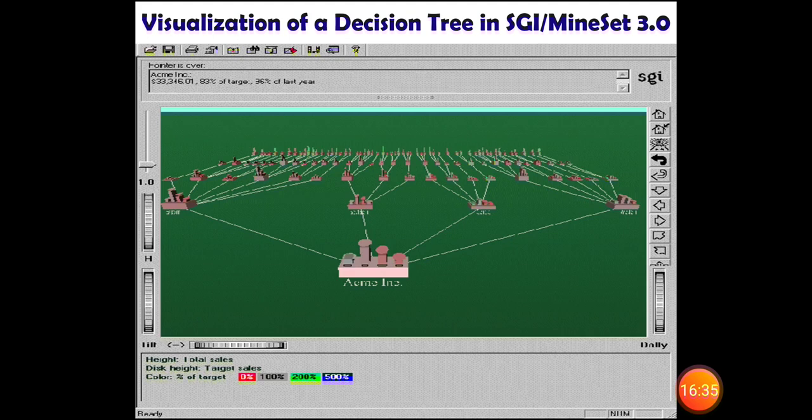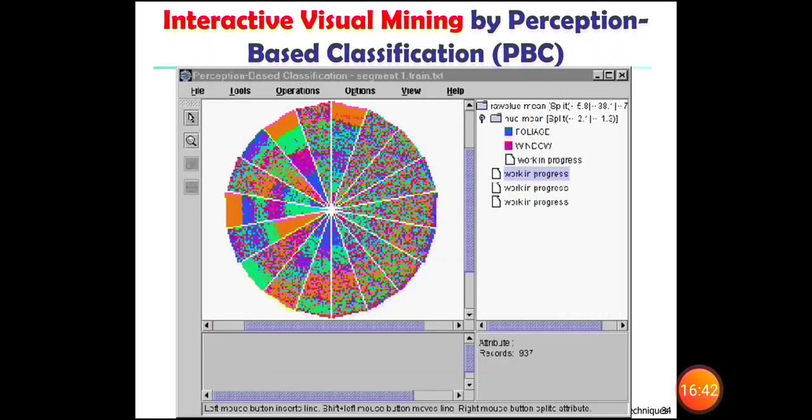This is also one of the visualizations of a decision tree in SGI. This is another one: interactive visual mining by perception based classification, which can be called PBC for short.